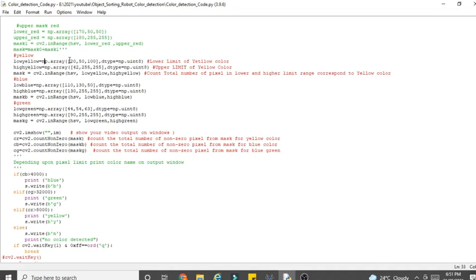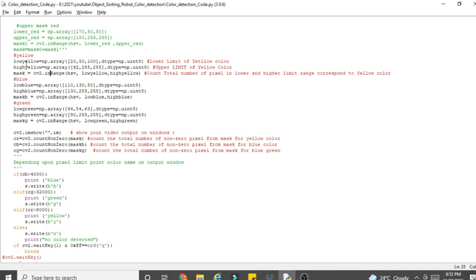For the lower boundary we will use the values 20, 50 and 100. For the higher boundary we will use 42, 255 and 250. What do these values mean? You know that for each and every color there are RGB pixels, and each pixel has a different value. So for yellow color there is a different pixel value. All these values are nothing but pixel values.